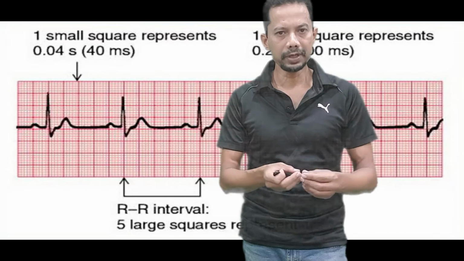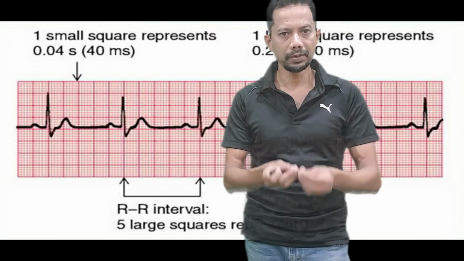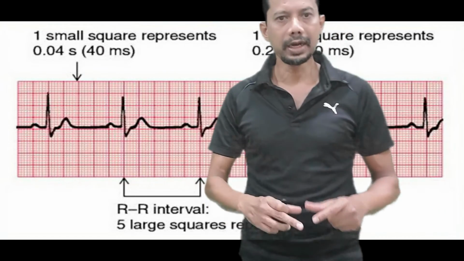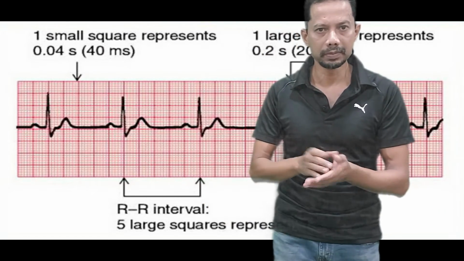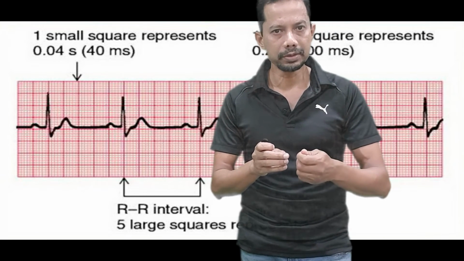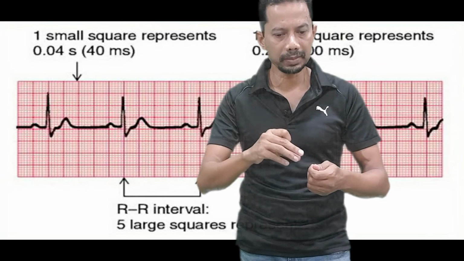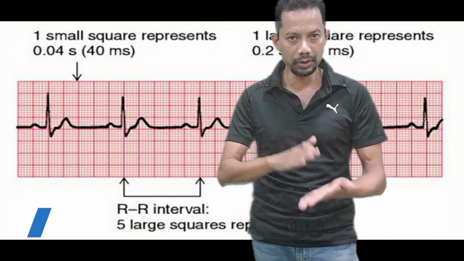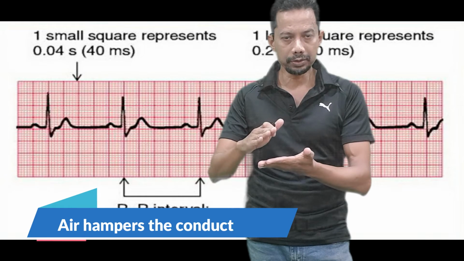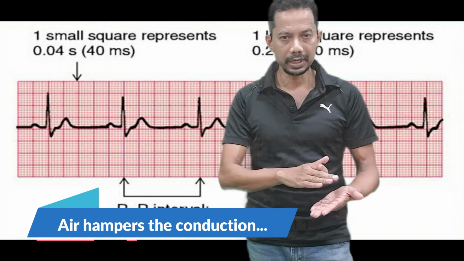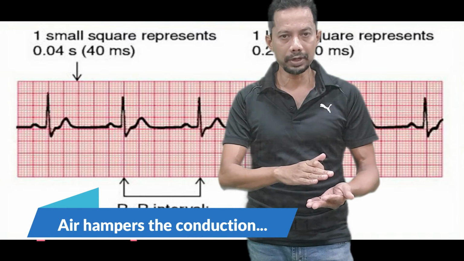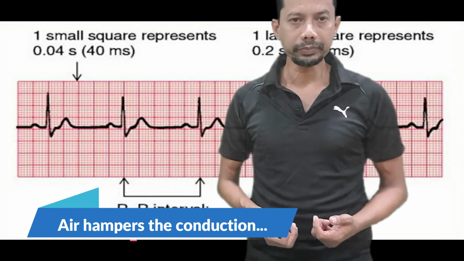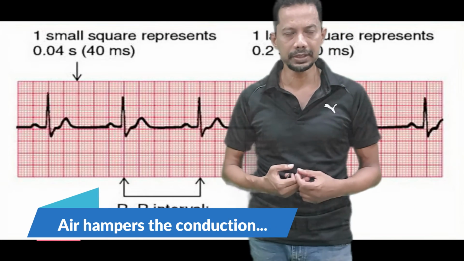And then you peel off the plastic covering of the electrode, and you adhere it nicely. In our time, we never had those peel-off electrodes, so we had those suction bulbs, and for that you have to apply jelly. Again, for the same purpose, there should be no air between the electrode and the skin. That affects the conduction, and you will not get a good ECG. You might get artifacts, or you might not get a tracing at all. So that will again affect the interpretation of the ECG.